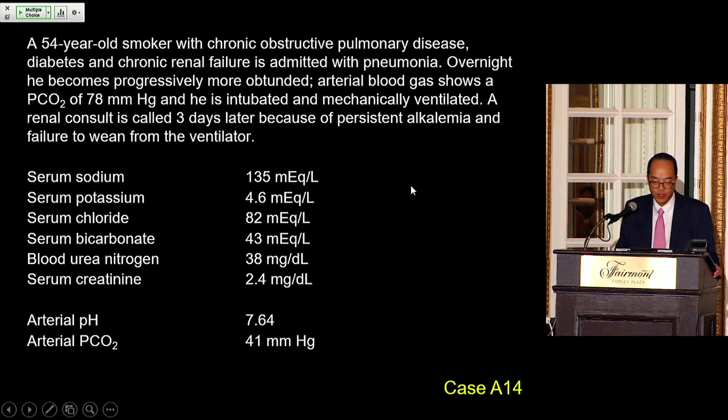A 54-year-old smoker with COPD, diabetes, and CKD is admitted with pneumonia. Overnight, he becomes more obtunded. PCO2 gets up to 78, so he's intubated. Three days later, you're called for persistent alkalemia and failure to wean. And here you see the bicarb is 43, BUN's 38, creatinine 2.4, arterial pH is 7.64 with a PCO2 of